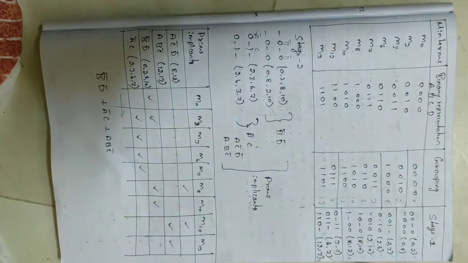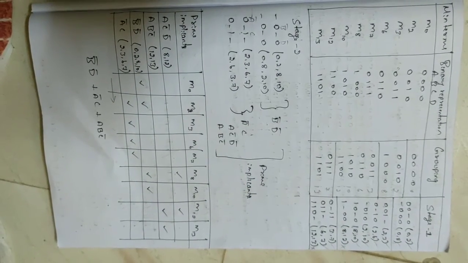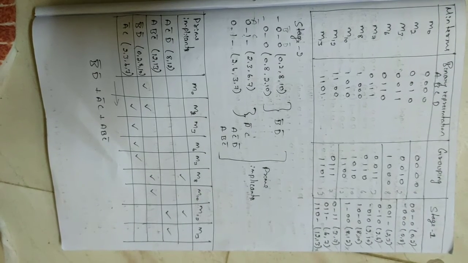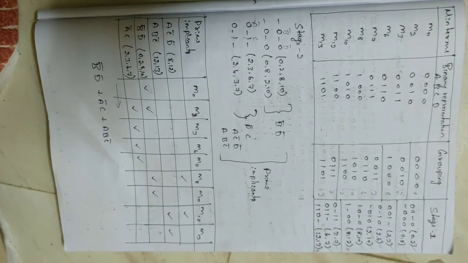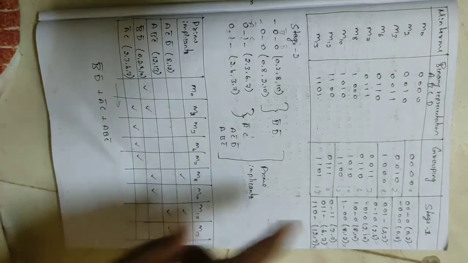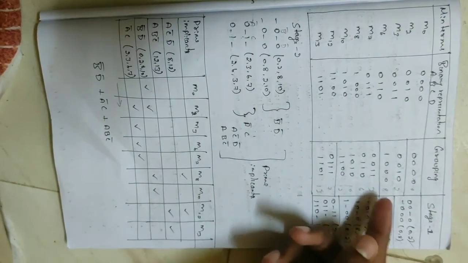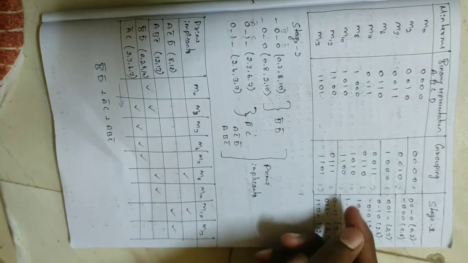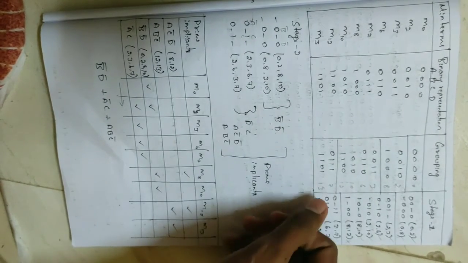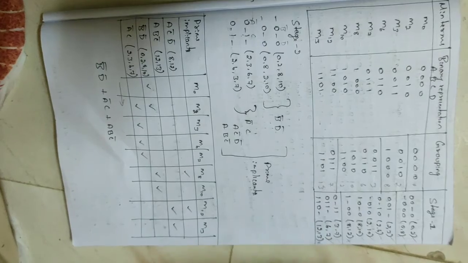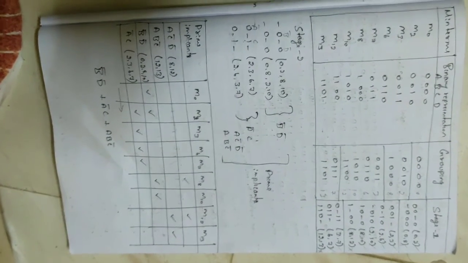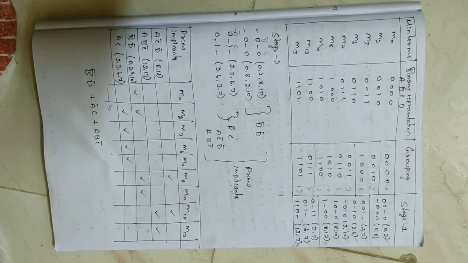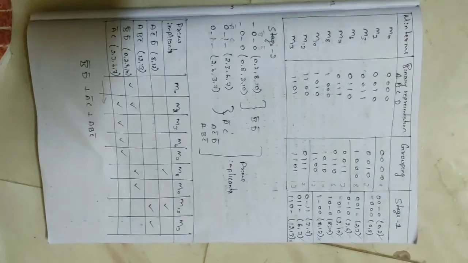In grouping, we make groups depending on how many ones the input variable combinations have. The first group has no ones in the combination, the second group has only one, the third has two, and the fourth has three ones. We also write the decimal equivalent of each combination to its right for convenience.